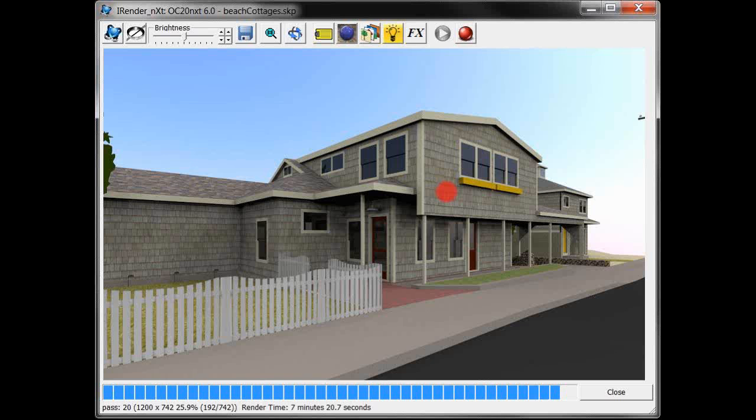And you'll notice, however, that this model is illuminated on all sides and actually has some very nice shadows being cast. In many ways, much better than just using the sun. The sky is delivering multiple sources of light to this model, and so the shadows are much softer, much more